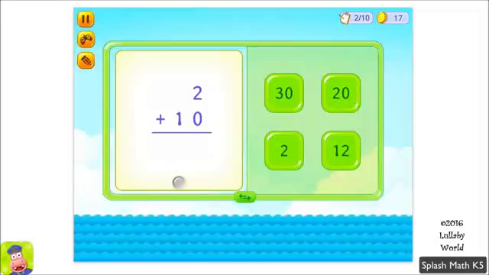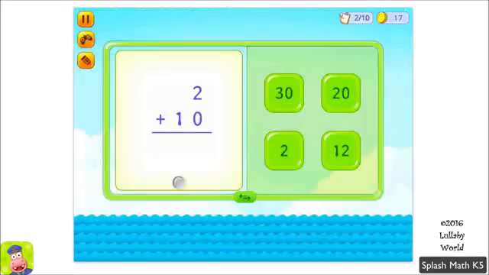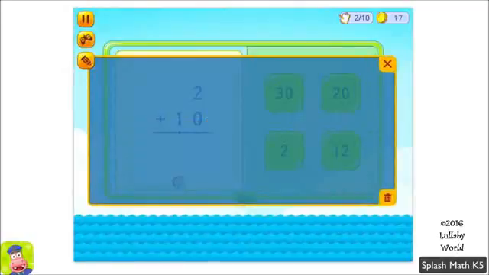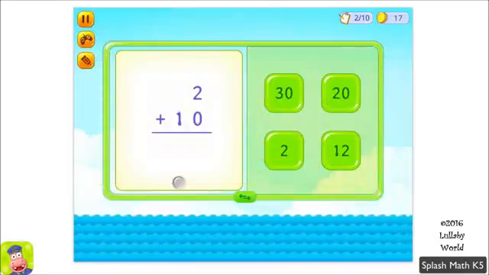In the top left, you have the ability to pause, change settings here and sound. You also have the ability to play these little mini games that they have built in, Aquarium and Jungle. And they have a really great scratch pad here. So for example, 2 plus 10, let's say that your kid learns visually through, for example, tally marks. So we have 10 here. We'll do tally marks at 10 plus 2 in this case. So now we know that the answer is 5, 10, 12. And again, that's a really great place for your kid to work out visually. Let's say if they're used to